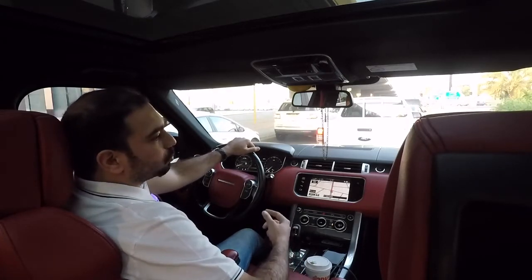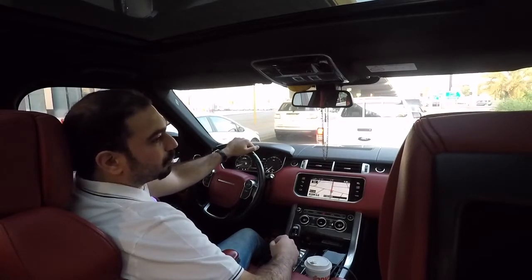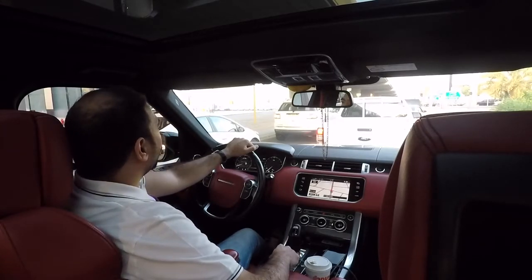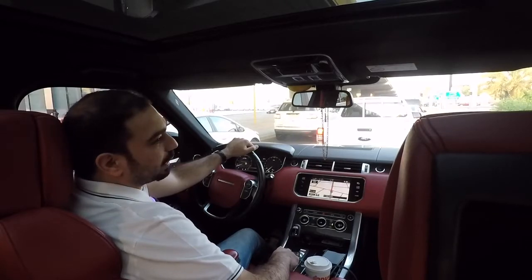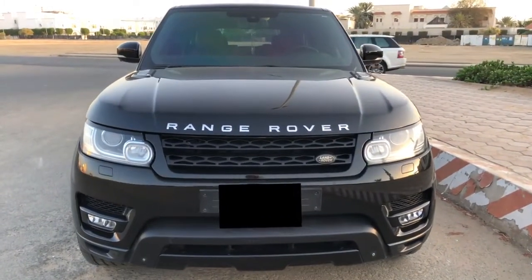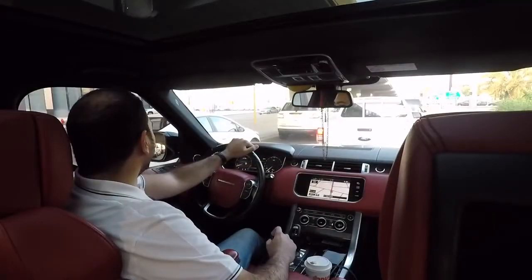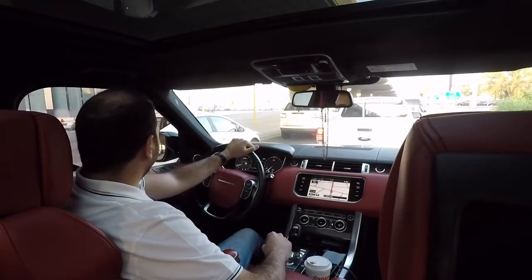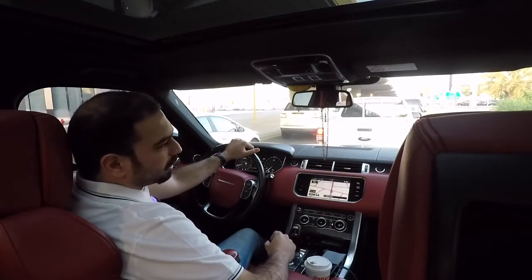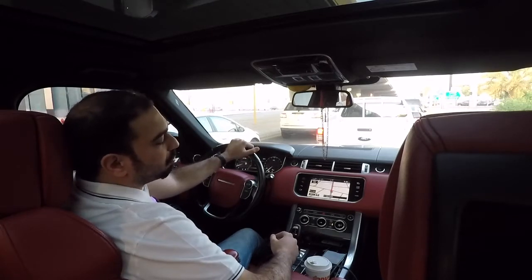V8, supercharged, 5 liters, producing 510 horsepower, 461 foot-pounds of torque. The weight of this vehicle, almost 2,463 kg, which makes up a power to weight ratio of 0.2071 approximately. Acceleration of this vehicle, I think it's amazing. It's a heavy car, super fast. It goes from 0 to 100 in around 4.5 seconds,